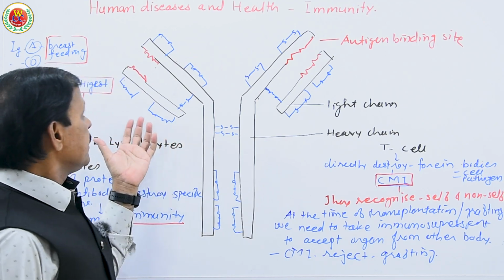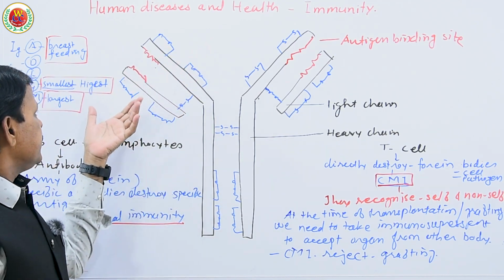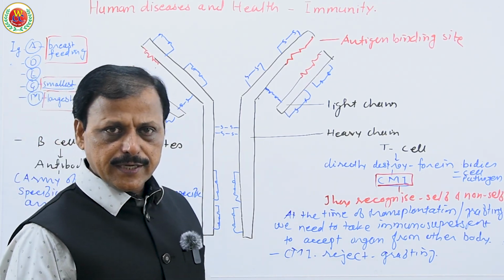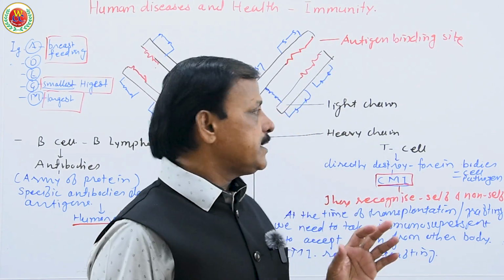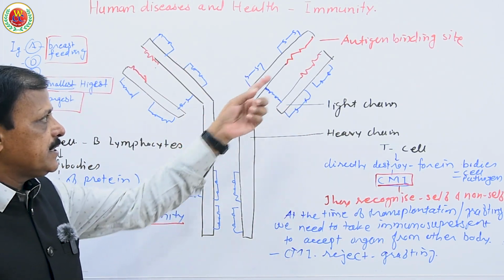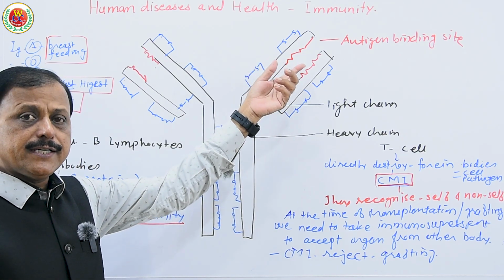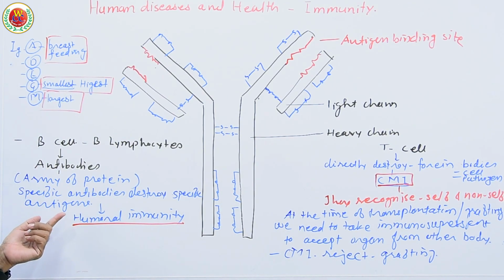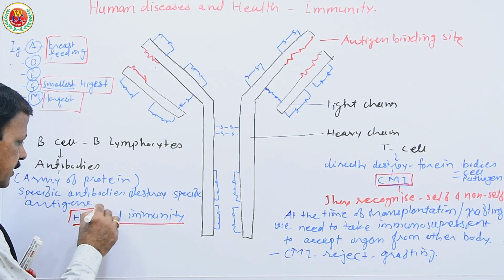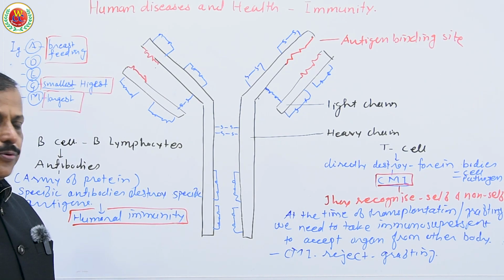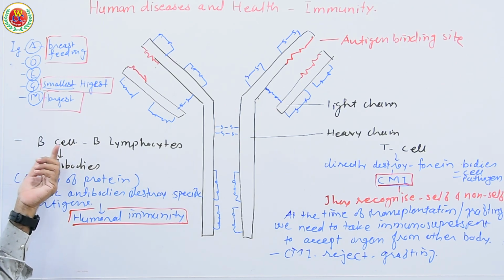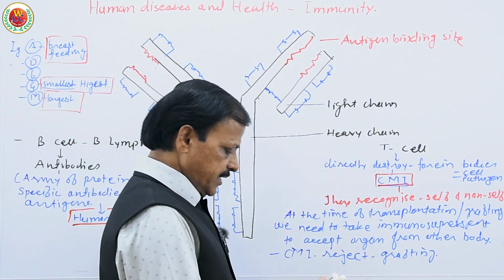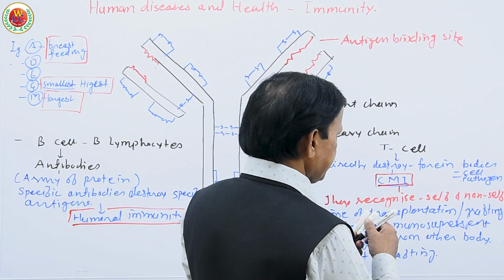So here what we learn is that this is acquired immunity in the span of time when our body gets exposed to any antigen. So our body produces specific antibody, and this is the structure of antibody with this antigen binding site where that antigen is being destroyed by our antibody. So this type of immunity is known as humoral immunity, as I have already pointed out. This is humoral immunity. So that B cell is produced in bone marrow and matured in bone marrow, these T cells are produced in bone marrow but matured in thymus gland.